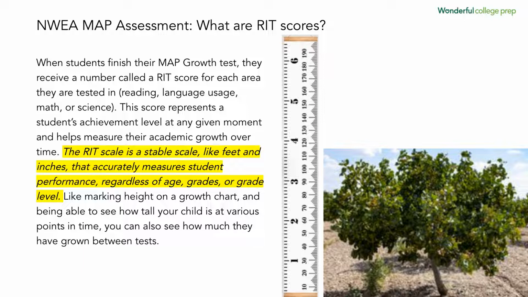Now, what's interesting is the RIT scale is a stable scale, meaning that the numbers don't change based upon what grade you are in by any means. The only thing that changes is the student score. So that means our friends in kindergarten are on the same score scale as our 11th grade students. Obviously, they shouldn't be getting the same score on them, but they are all judged against the same amount.